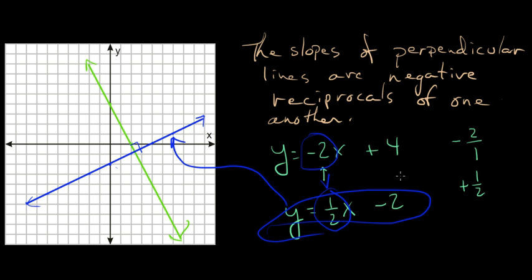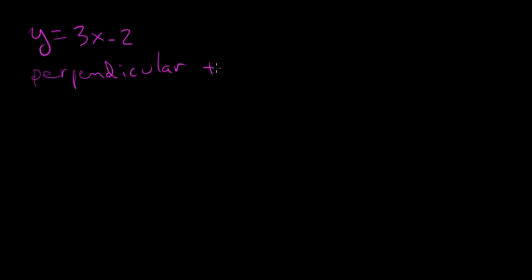Okay, and that means that when you try to write the equation of a line that contains a point and is perpendicular, let me tell you what I'm talking about now, and I'm going to go just 2 minutes more, and this is a 20-minute video, and if you guys are still hanging in there, God bless you. Say y equals 3x minus 2, and I want to find the slope-intercept form of an equation that is perpendicular to this line